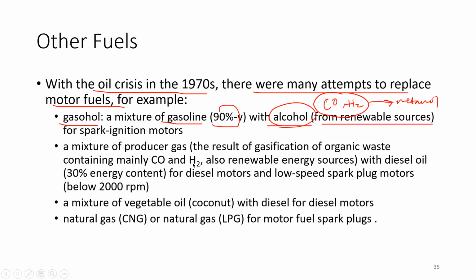It will produce CO and H2 also as renewable energy sources. So mixing with the diesel oil, 30% energy content. So they are commonly used for the diesel motor or low-speed spark plug motor. And also we have another type of fuel, some mixtures of vegetable oil with the diesel